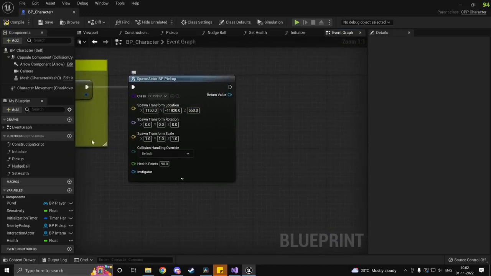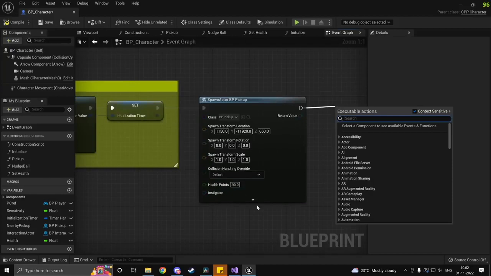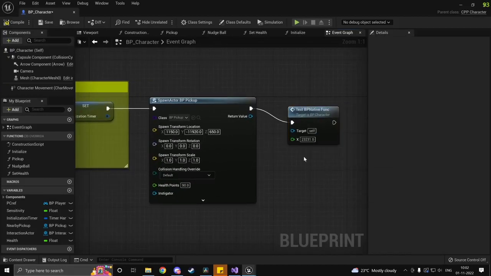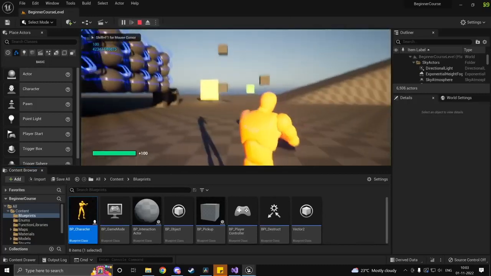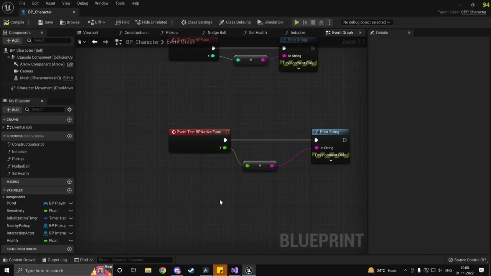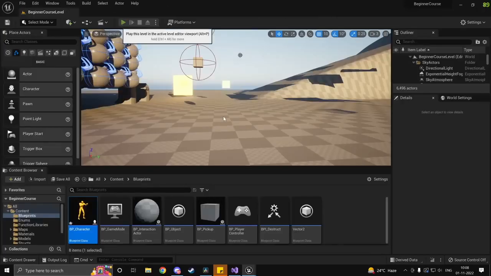Let's just spawn this. Let's keep all of this logic. And since we made it BlueprintCallable, we can go ahead and take in some random value. Now if I compile and press play, as you can see, we get 100 as well as our 42343 printed. Now your obvious question is, why didn't the C++ implementation get called? If I actually go ahead and delete this, and if I were to press play,